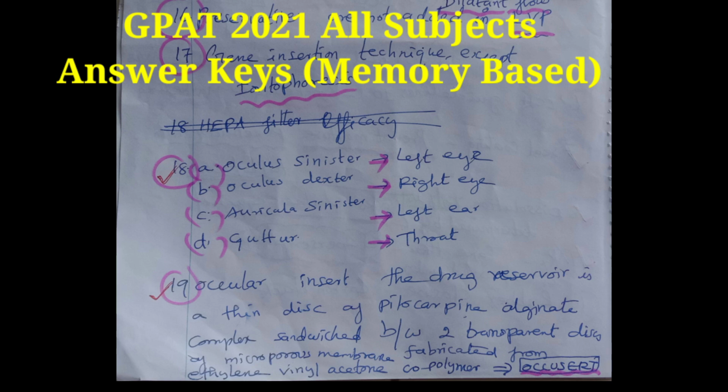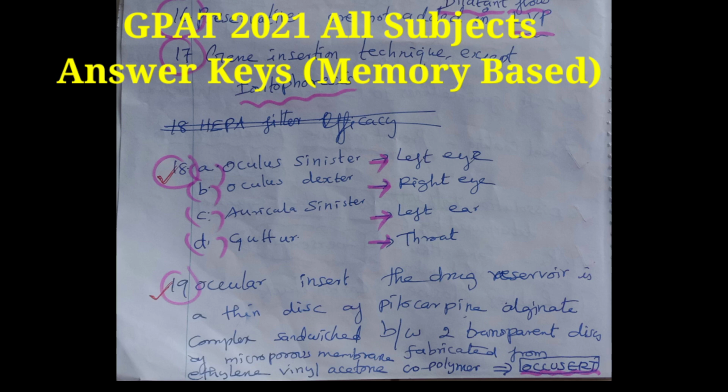Then the next question, preservatives are not added in large volume parenterals. Then gene insertion technique except iontophoresis, because iontophoresis is not the gene insertion technique. Next question, Latin terms: oculus sinister, left eye; oculus dexter, right eye; auricula sinister, left ear; and gutta, throat. Next question, ocular insert, the drug reservoir is a thin disc of pilocarpine alginate complex sandwiched between two transparent discs